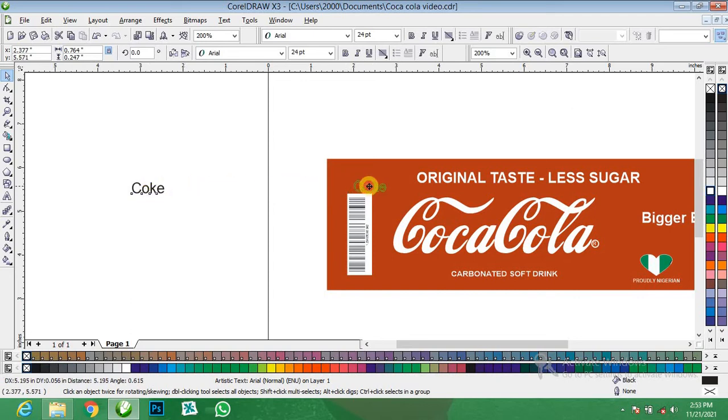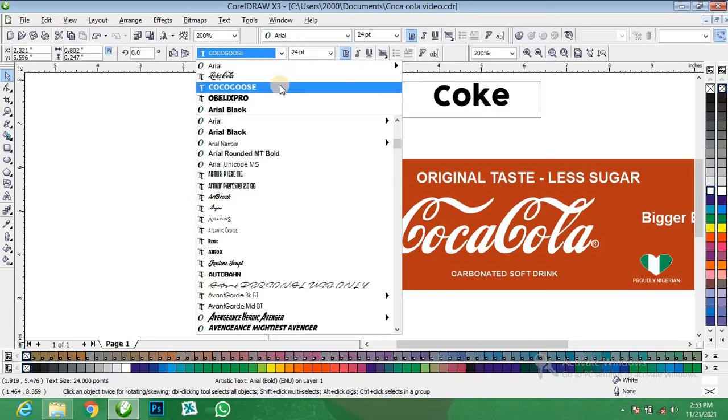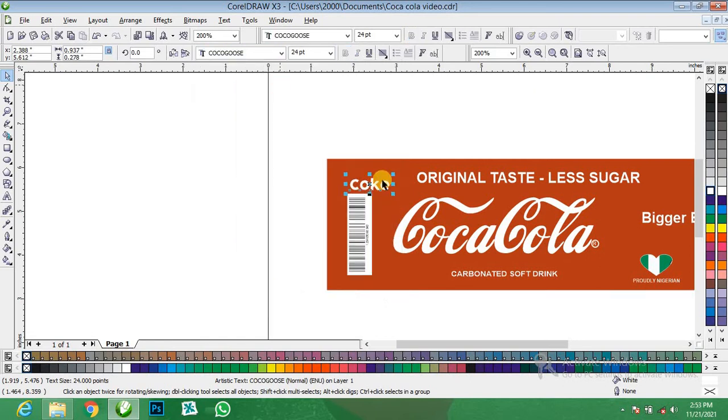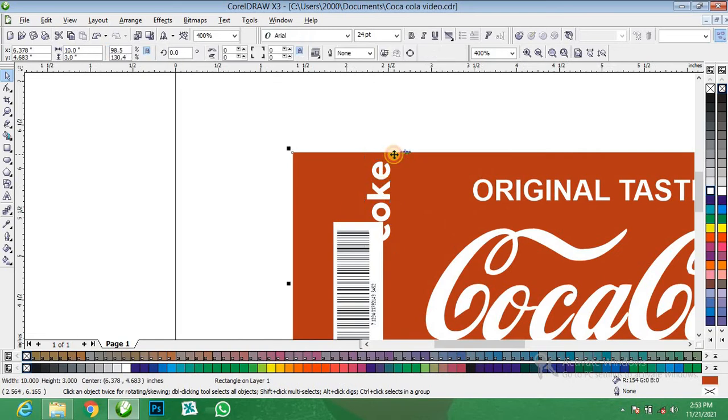Here, white, bold it, change the font to this, Cocoa Goes. After you click on this, come over to this angle of rotation, also give it 90 degrees, you click enter, just like this.